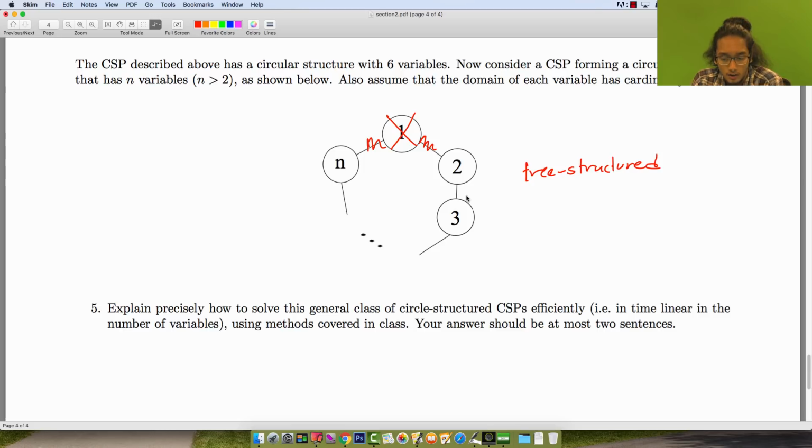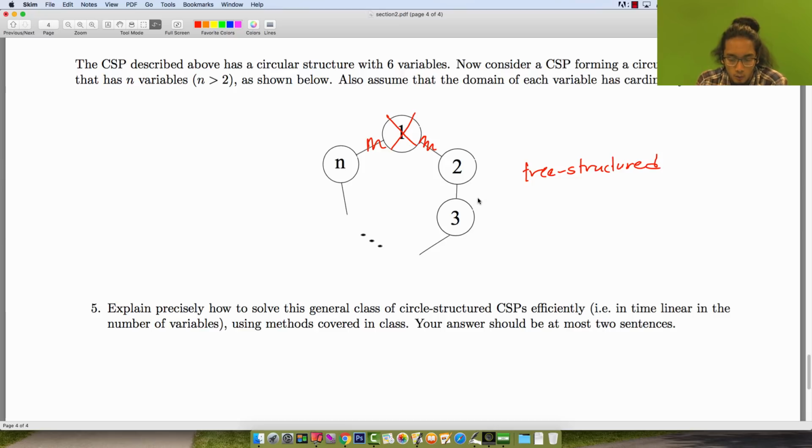Okay, so assume we've run our consistency, and suppose that now we look at x2 and we assign it some value in its domain. Now we want to assign x3 some value in its domain, but normally what we would have to consider is we want to make sure that there's no constraint violated when we do that, right? But the great thing is our consistency ensures for us that for every value that remains in the domain of 2, there is some value in the domain of 3, which you can assign to x3 and keep all the